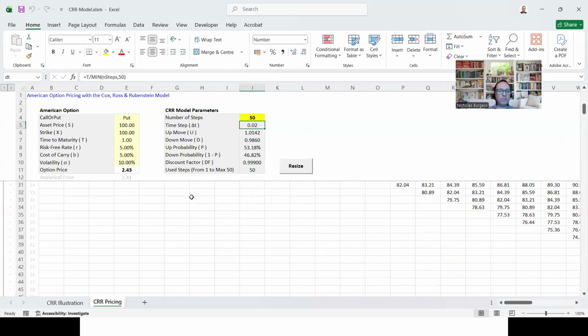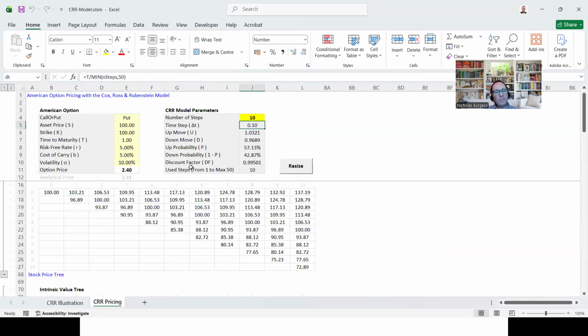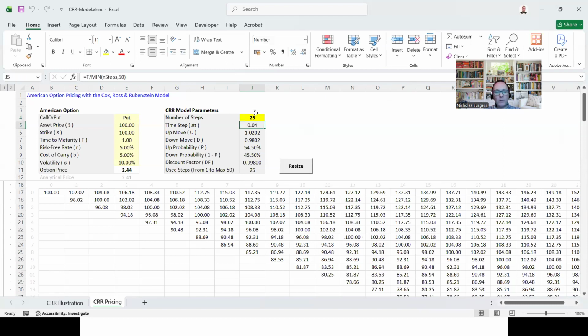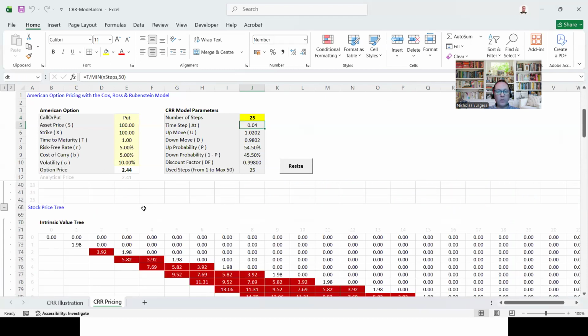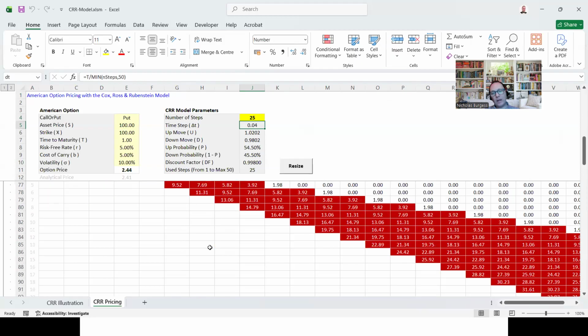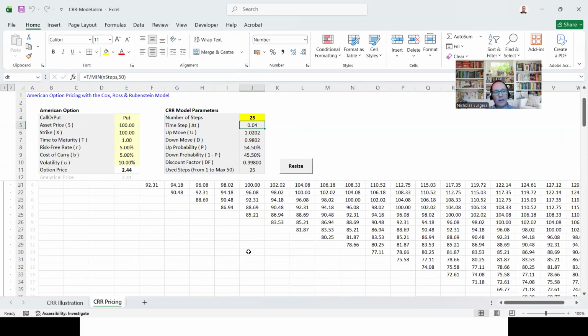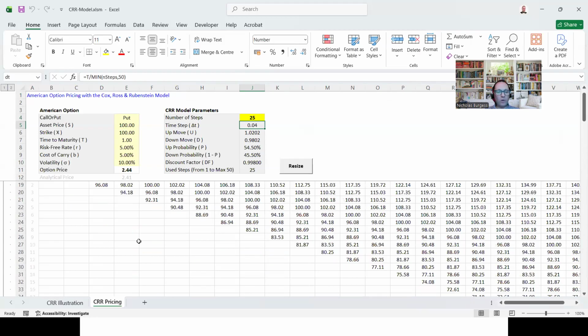And you can see all the same trees. I'll reduce it down to 10 so it's easier to scroll. So you can do a lot more. You can increase the accuracy and play around a lot more. So if I put it up to say 25 time steps, and then we can look. Now this is really useful because you can visually see when you might be assigned against in this workbook. So when stocks drift into these regions, and you can see the stock levels here on the top,